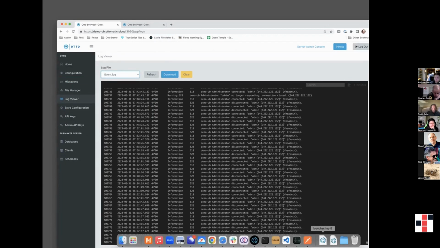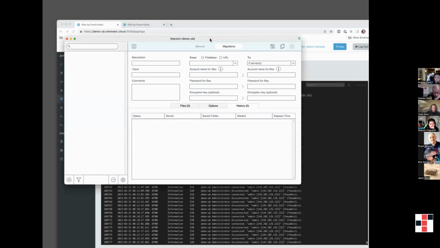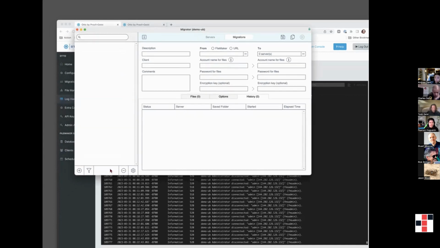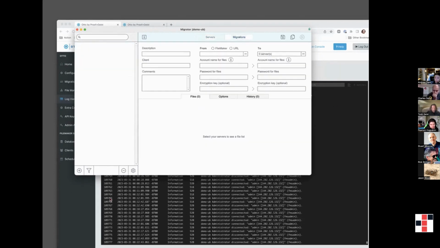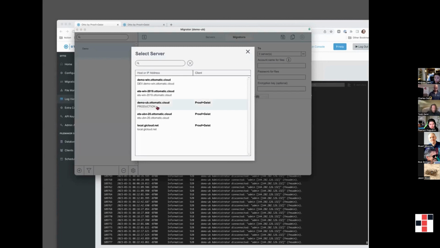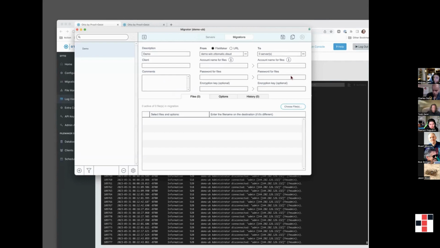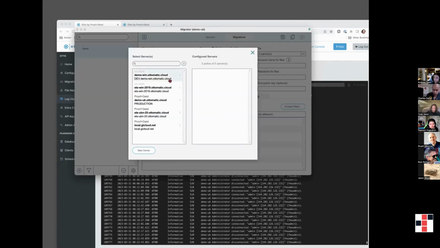So one of the things you get along with Otto is a file called migrator, and I've already set up a few servers here where I've connected to Otto running on various servers. If I'm going to set up a migration, we'll just call it demo. And I'll pick a from server from the ones that I've already connected to. We'll pick the Windows server for that, and then we'll pick the Ubuntu server